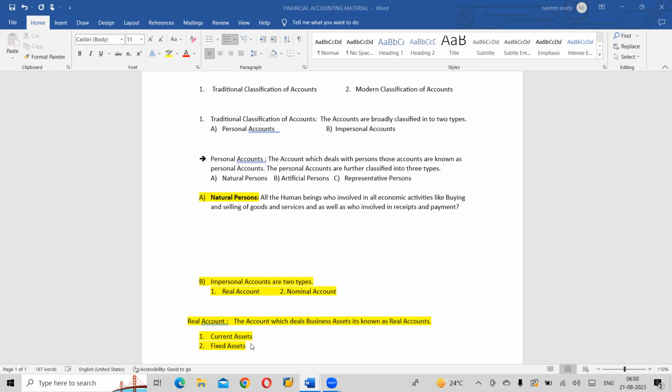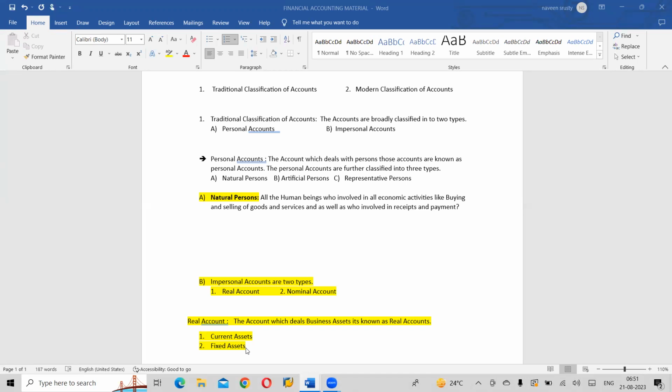And what do you mean by fixed assets? The opposite. The assets which cannot be converted into cash within a year, from the preparation of one balance sheet to another. In reality, anything can be converted into cash within a year. But at the time of purchase, we think of something we want to use for a longer period, not sell within a year. Then those assets are considered fixed assets.